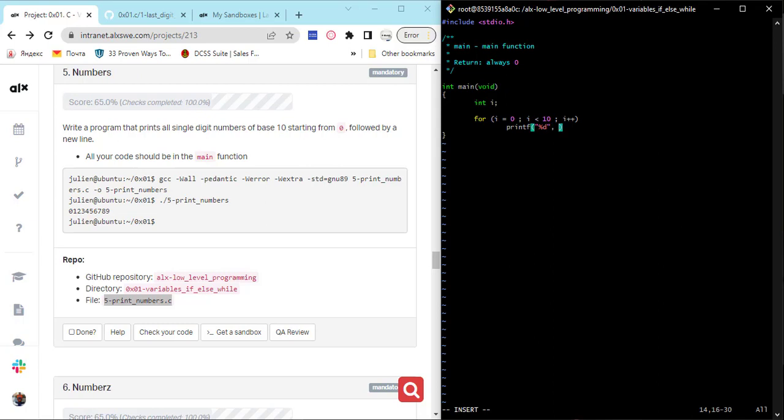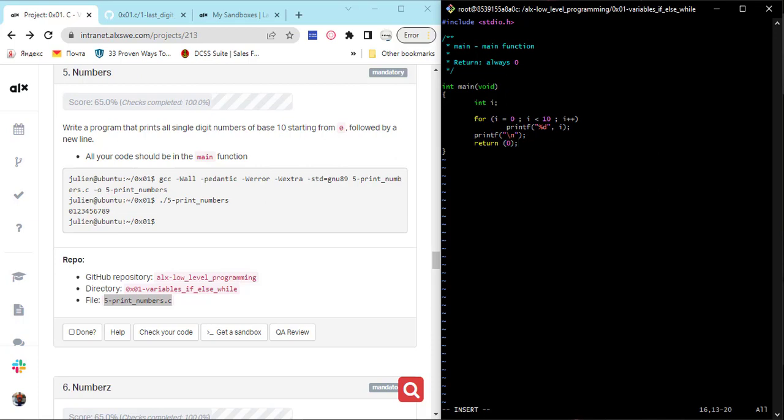Just percentage d then i. Sorry, I'm supposed to put a semicolon here. Yes, then followed by a new line. So I can simply say printf again, then a new line here, right? So I will simply return 0,